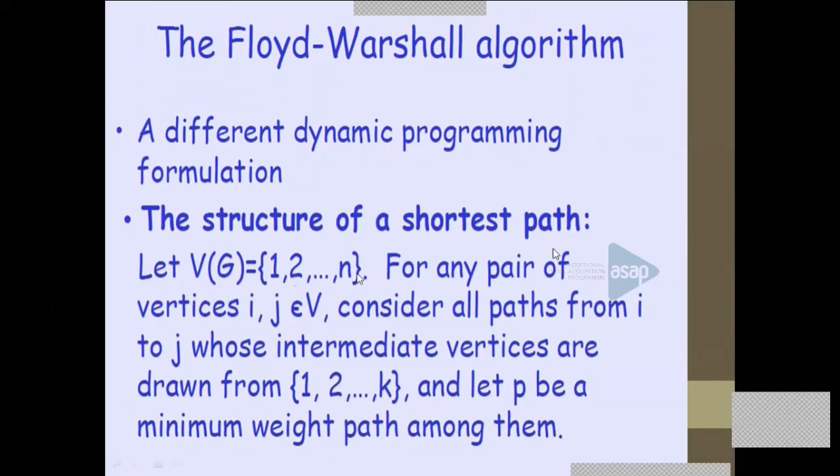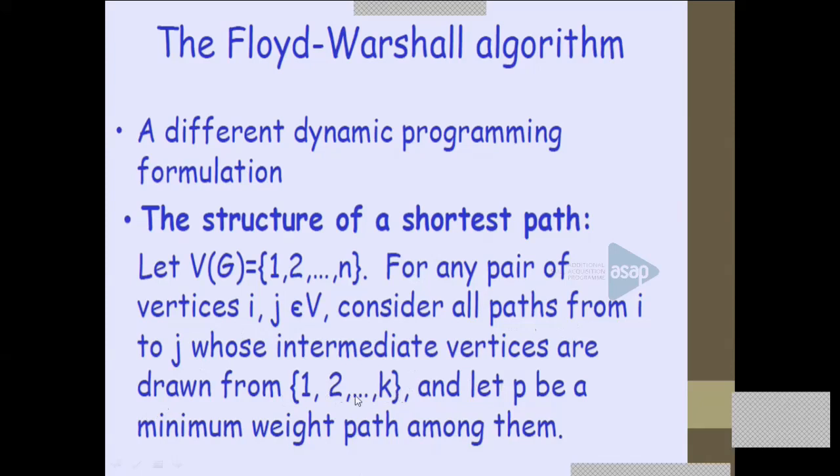And assume that the vertices are numbered from 1 to n. Then for any pair of vertices i, j, consider all paths from i to j whose intermediate vertices are drawn from 1, 2, up to k, and let P be the minimum weight path among them. Okay, this is very important. This is the important observation and the structure of the shortest path in the Floyd-Warshall algorithm. For any pair of vertices i and j, you have to consider all paths from i to j whose intermediate vertices are drawn from